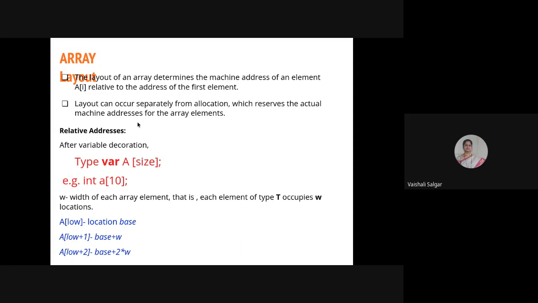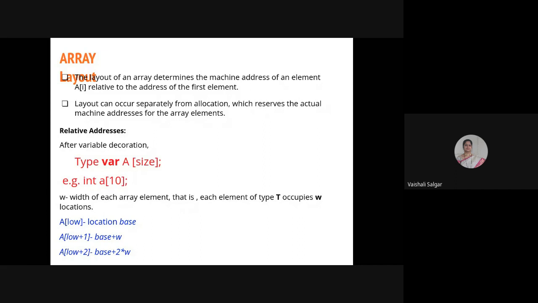See, this is a small example of 10 elements, but suppose you have 1000 elements in your array. Is it possible to calculate for each and everything and then go ahead? No. In this case, we have only 10 elements, so I have written and calculated the address for each and every element. But when you have 100 or 1000 elements, and I want to calculate the address of the 51st element, how can I do that?